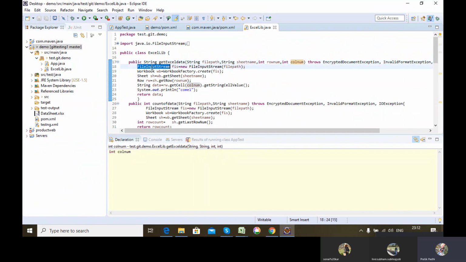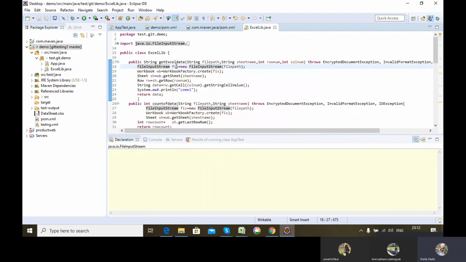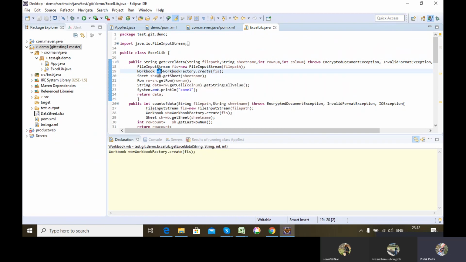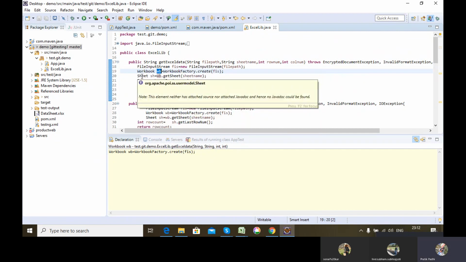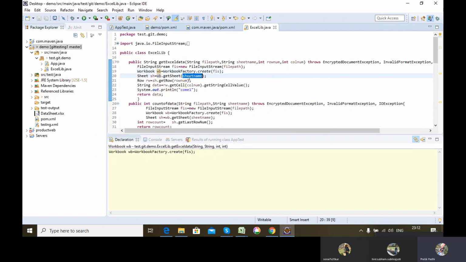So first thing I'll be creating is a FileInputStream object, and I'll be passing the file path. Then I'll be creating a workbook object with the syntax WorkbookFactory.create, loading the FileInputStream object I have created. Then I'll be creating a sheet object using this workbook instance, calling the method getSheet and giving the sheet name from which I want to read the data.